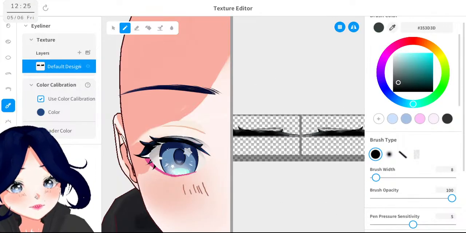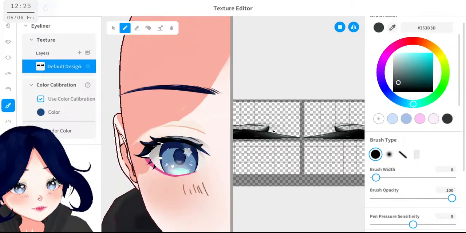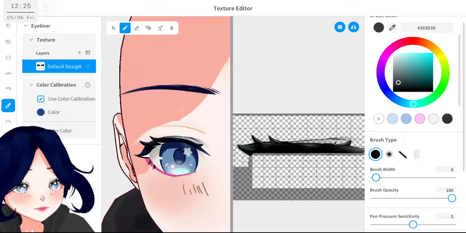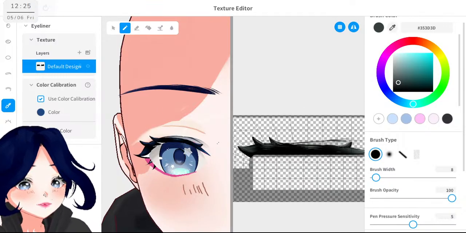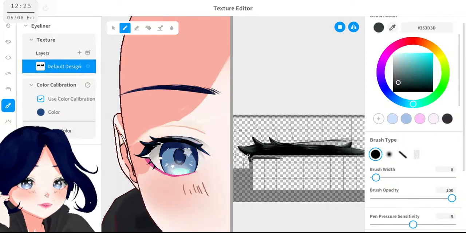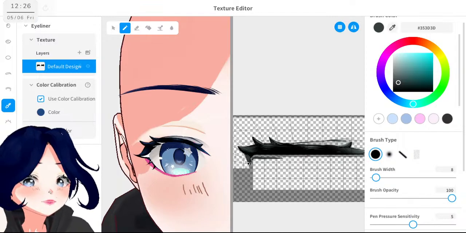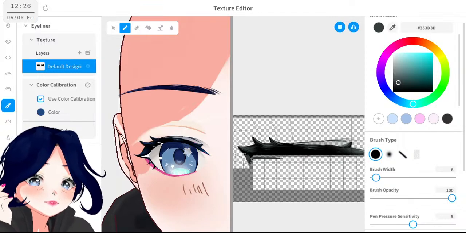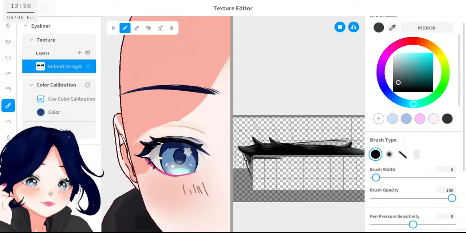Now the lower. Here. Okay, this shall be a little like this here.